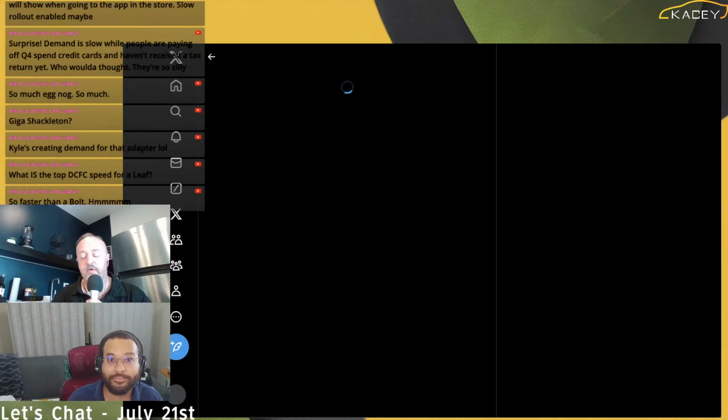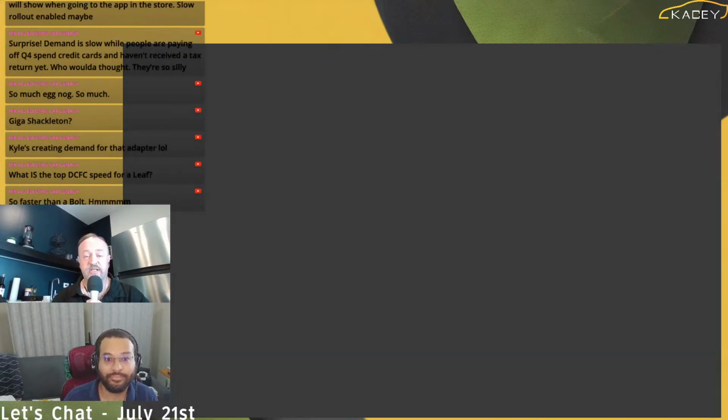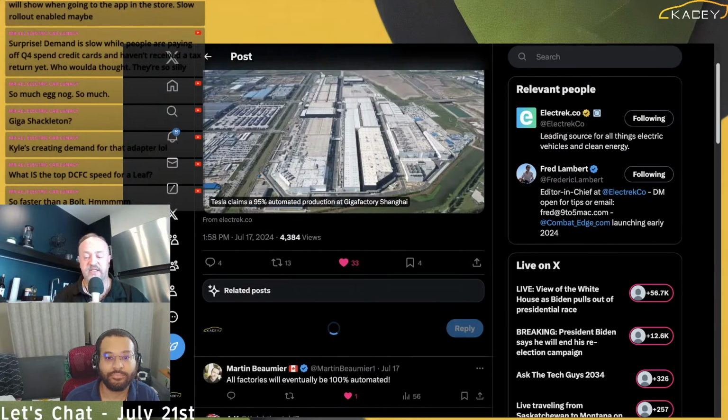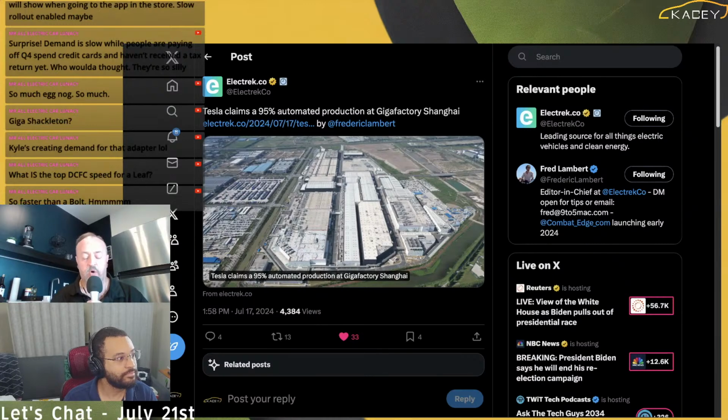So human labor has already been the smallest ingredient in the cost of a finished vehicle for a long time. And we've seen what the robot situation looks like inside of a Tesla factory. It's incredibly automated.